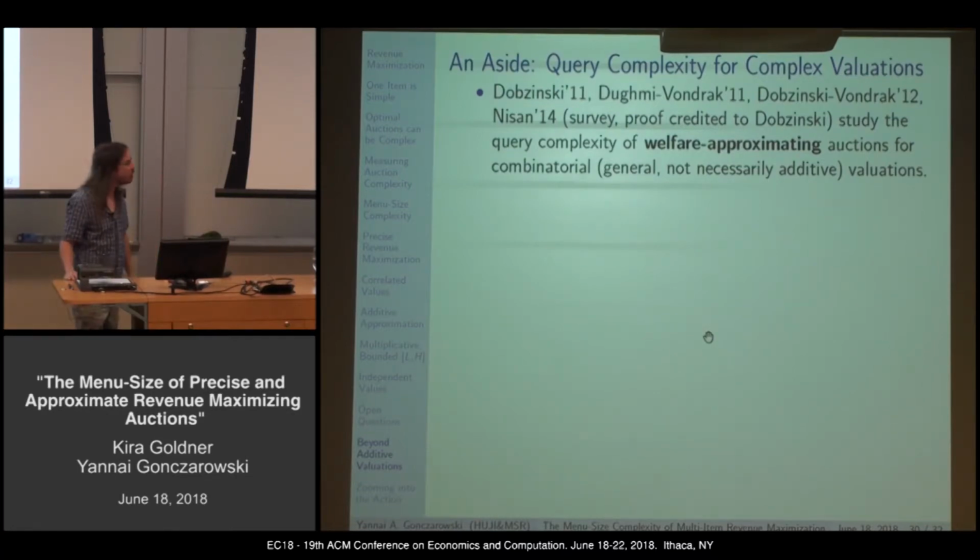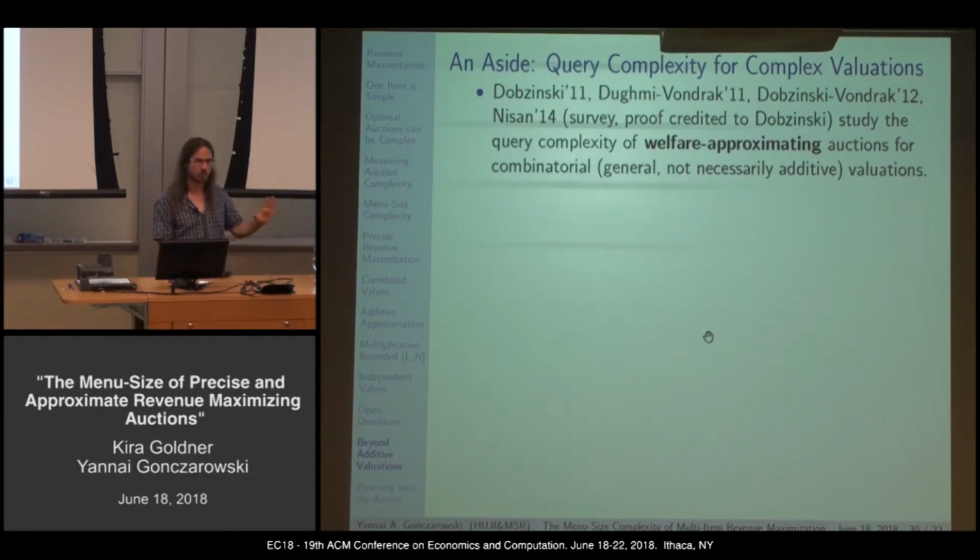So I told you that Dobzinski shows that there's a relation between the query complexity and the menu size, the largest menu ever faced by any buyer, for very general valuations. So let's just get a taste of what that's about. There's a large sequence of papers, Dobzinski '11, Dobzinski-Vondrak '11, Dobzinski-Vondrak '12. Also a proof in a survey by Nisan '14 that's credited to Dobzinski, that study the query complexity of welfare